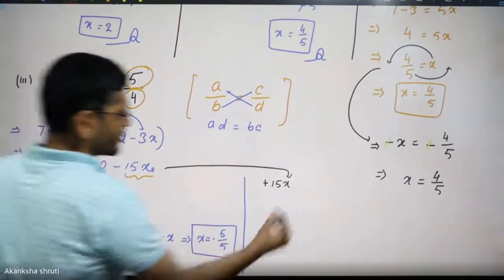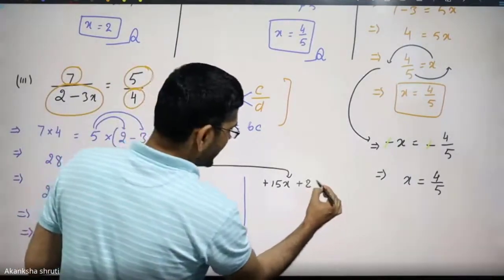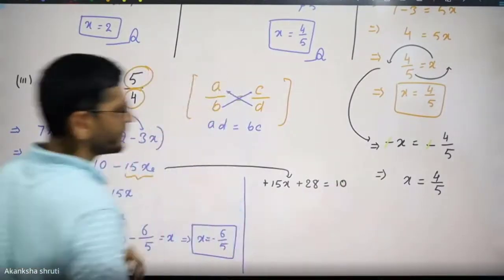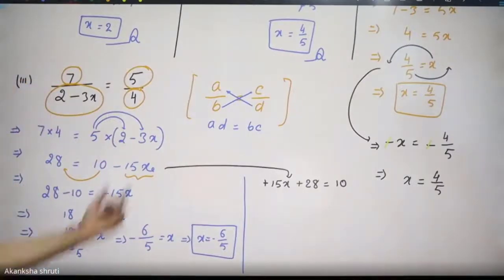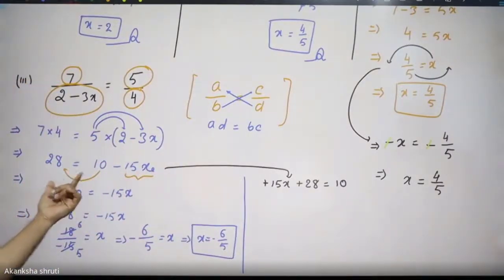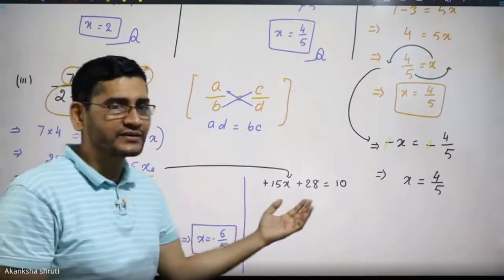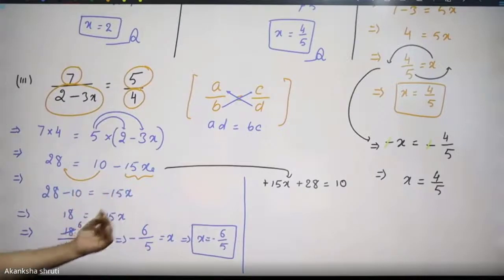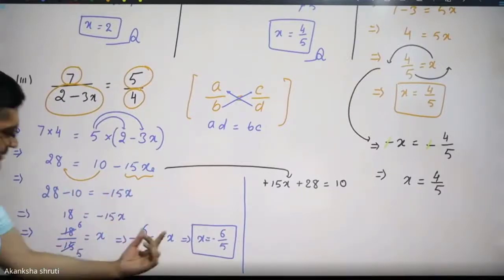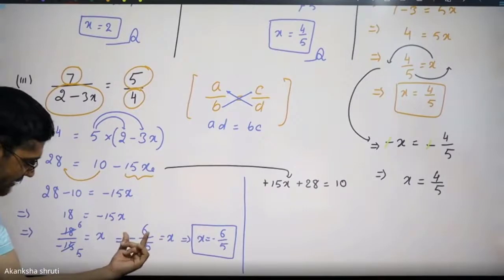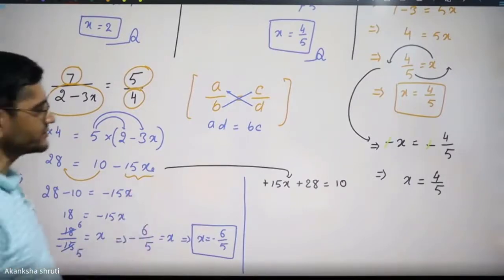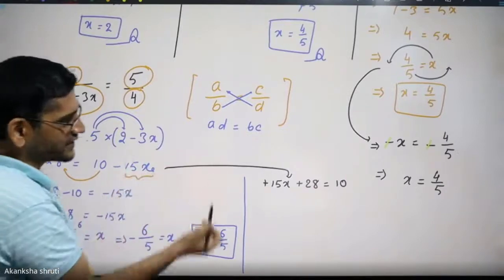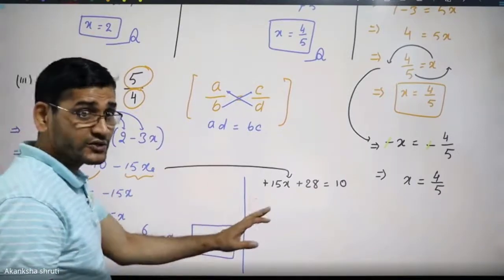What was already on the left hand side? It was 28. Right hand side is our 10. We may apply this approach also. Okay, bring the variable on the left hand side, because in many books it is always written that bring the variable on the left hand side, but you need not do it like that. As we have explained here, you may keep the variable on the right hand side and finally just change the sign when on the left hand side you are getting only one number, or even initially you may change the side of the variable to the left hand side.